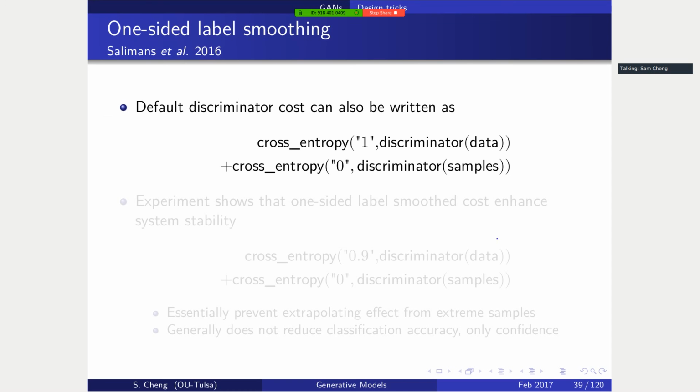For example, we have so-called one-sided label smoothing. If you think of the discriminator cost, another way to write it is like this. You have the actual data. If you know this is genuine data, you hope that D(x) always gets discriminated correctly, so you want it equal to 1. This notation here is a little bit sloppy. By 1 here, I mean a distribution that